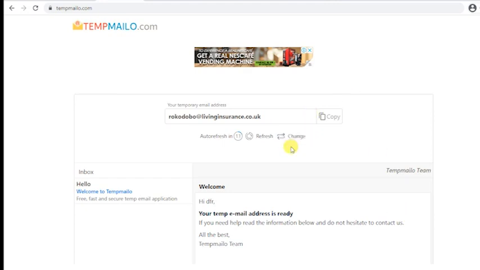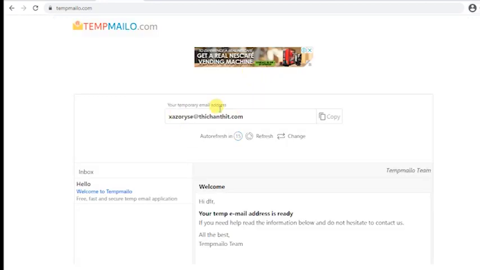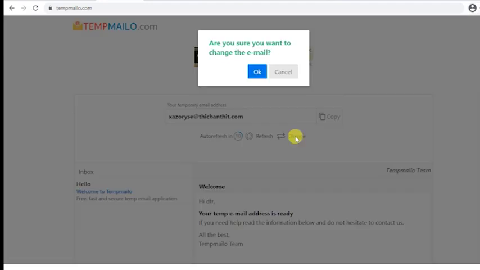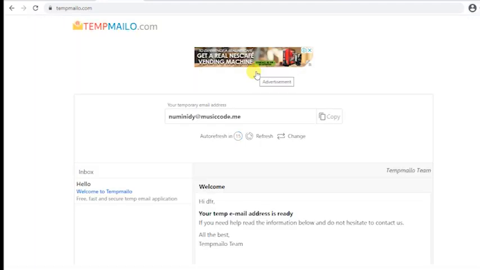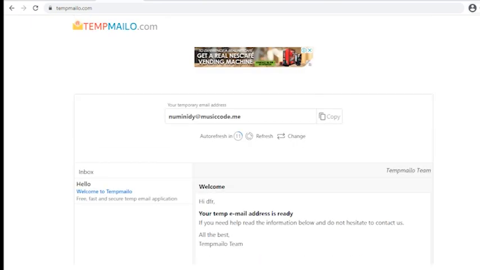This is a somewhat advanced feature compared to what I showed you earlier, where we can change our email address from time to time. This is a handy feature, because some service providers tend to reject email addresses of a specific domain, so you can change the domain and have another email.